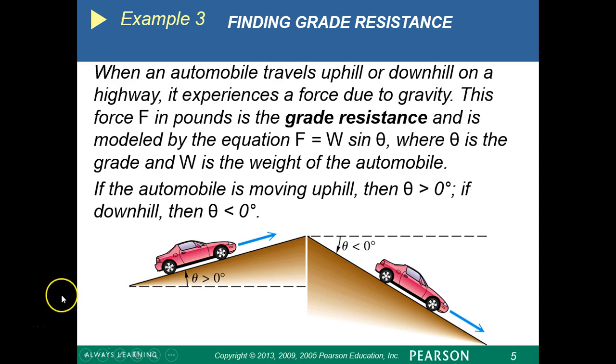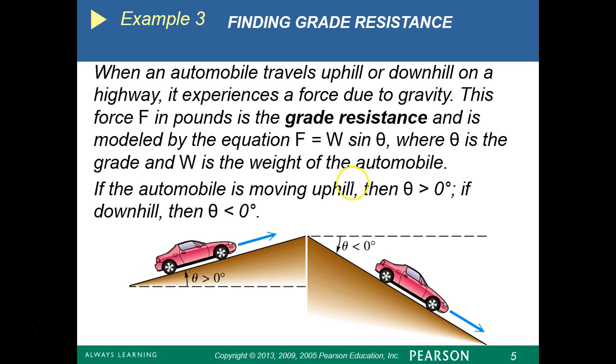All right, on this example, this is just our setup for what questions we are about to be asked. So when we have an automobile traveling uphill or downhill on a highway, it experiences a force due to gravity. This force, we're going to call F, is in pounds, is the grade resistance, and is modeled by this equation right here. F equals W